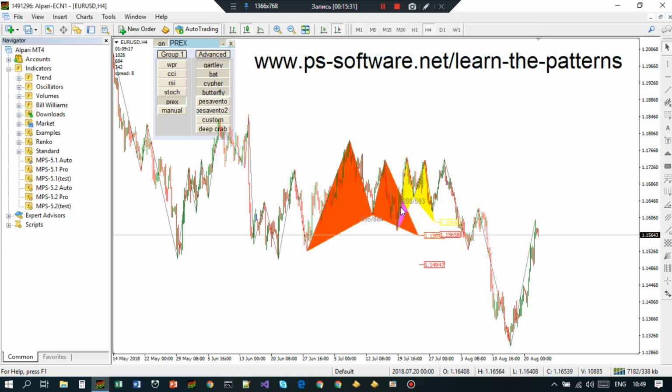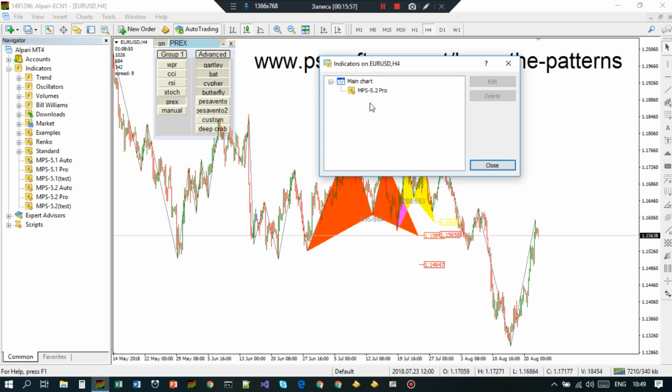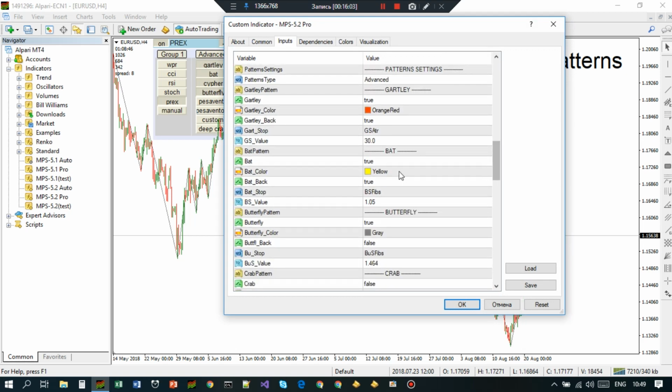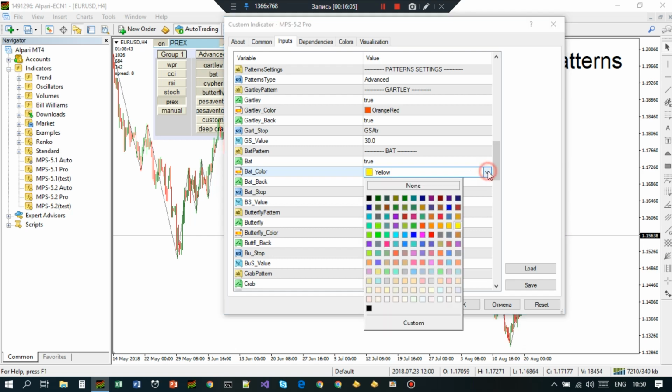So we have this. Pay close attention when two colors overlap. They give an unexpected mixture in MetaTrader 4 and MetaTrader 5 platforms. So you see yellow plus orange red equals this purple. I don't think it should be purple, but it is this. So what you may see is this. For example, if you enable that background and also orange red, and this one is orange red as well,